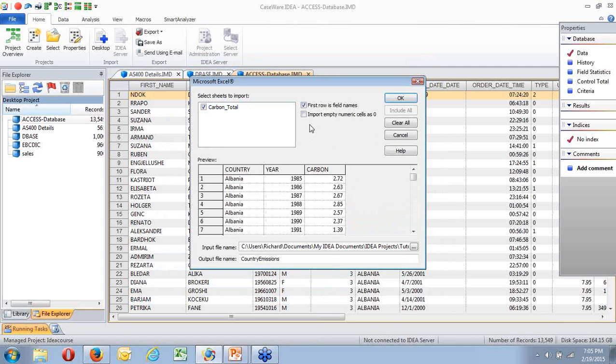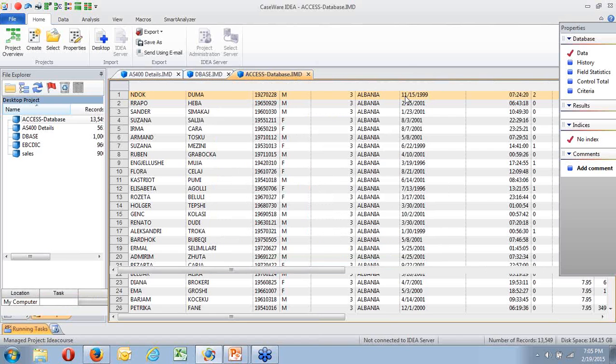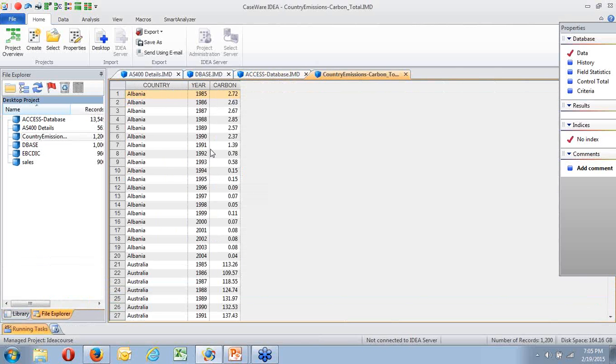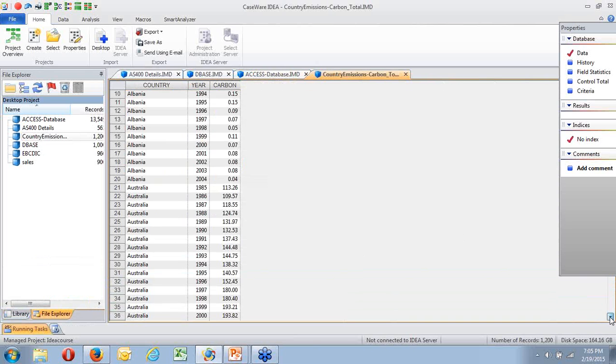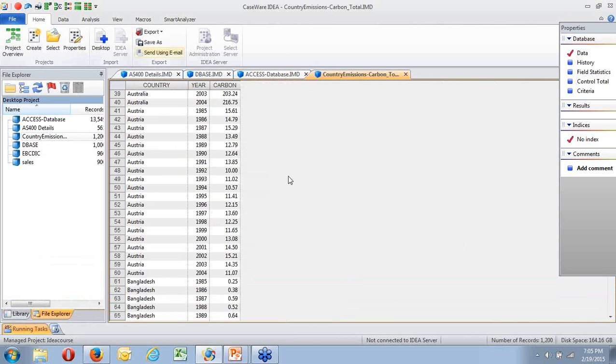Do I want to import empty numeric cells as a 0? Yes or no? In this case, there aren't any, so I'll say leave it. No big deal, but I do want that first row to be the field names. And there they are. All of the countries, the years, etc. And I can run down through that. I can sort them into country ascending, country descending, whatever.